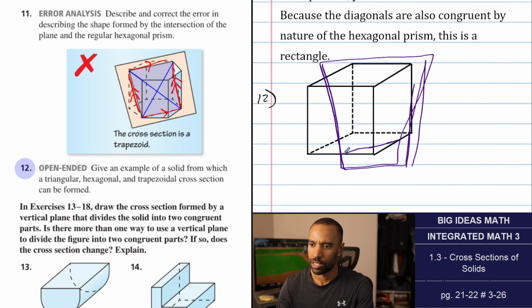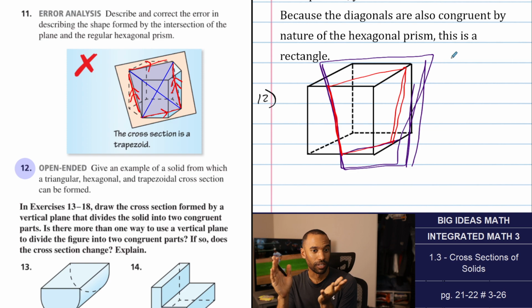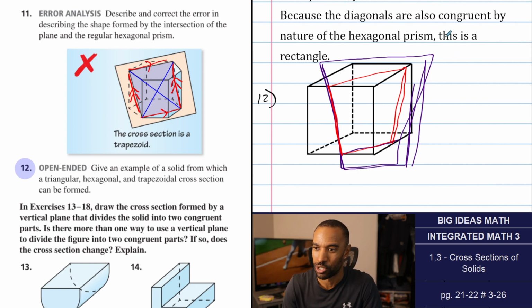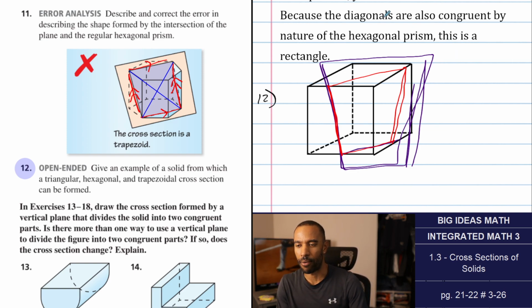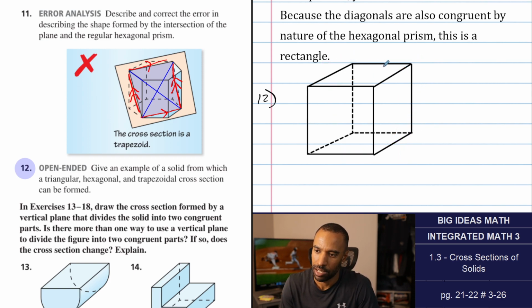Let's see if I can do this. The cross section is going in right there, and out this side it's bigger. It's bigger, say, on that side like that. So that would still be the trapezoid idea. It's not going too well. As far as my drawings go, it's not going too well. But that would be the trapezoid. Now a hexagon. Can I do a hexagon out of a cube? I have to enter and exit. So I have 6